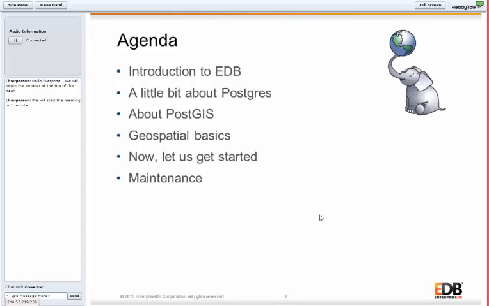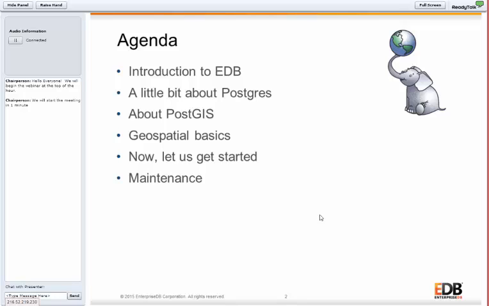I began working on GIS systems at a national mapping agency straight out of college. That was back in the early 2000s with ArcInfo on the desktop, and then ArcIMS for displaying shapefiles over the web. And then later I began working with spatial databases in the private sector, both Oracle Spatial and PostGIS. And it's still amazing to me how many powerful things you can do with just a little bit of SQL when your GIS is integrated right into the database.